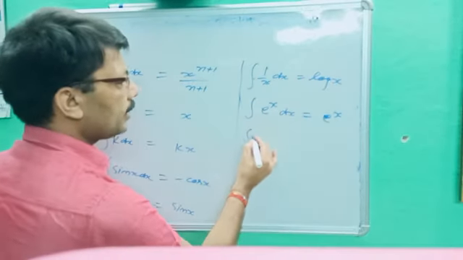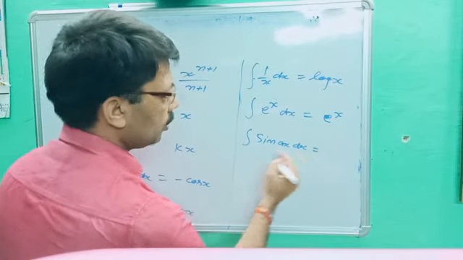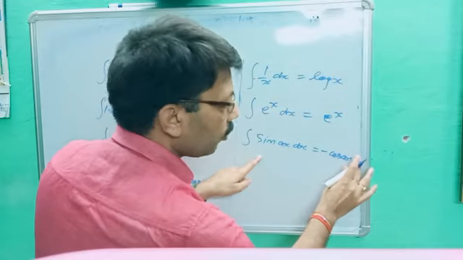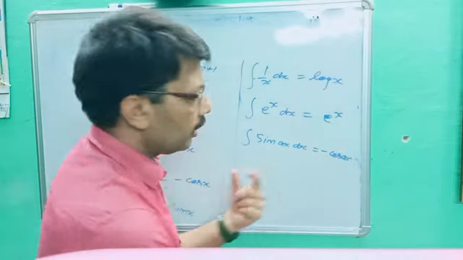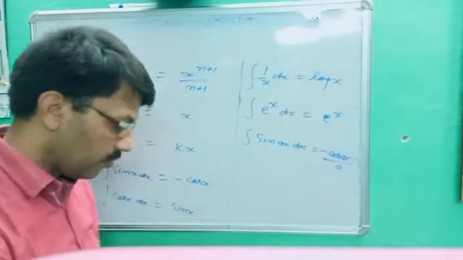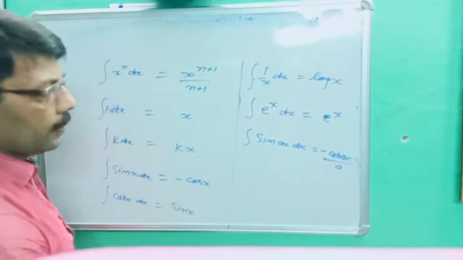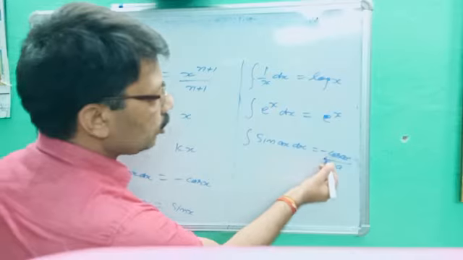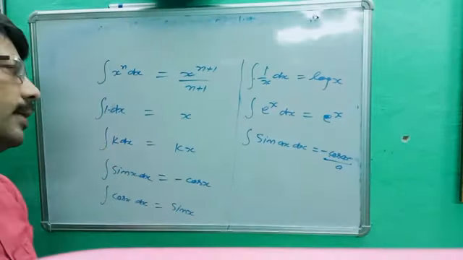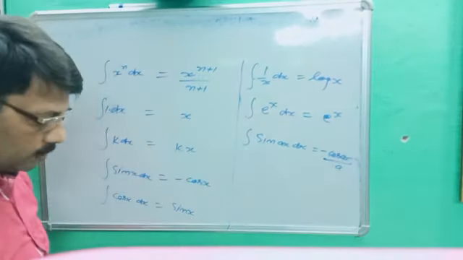Next, this is very important: integration of sin ax dx is equal to minus cos ax, and in differentiation you multiply by a, but here you have to divide by a. Or you can do it by the substitution method, but it is a little difficult for you. Okay, are you getting that? So sin ax dx is equal to minus cos ax upon a. So this is all about your integration formulas. Okay, some more formulas are given, but mostly you have to work with these.